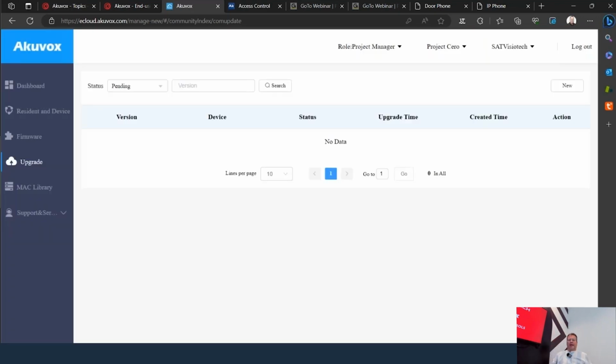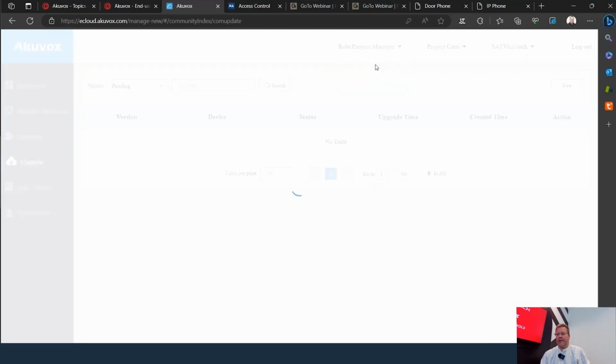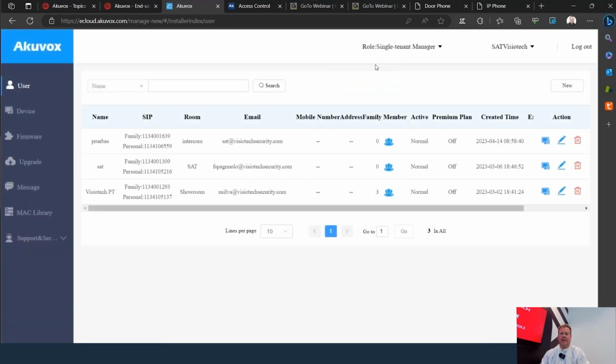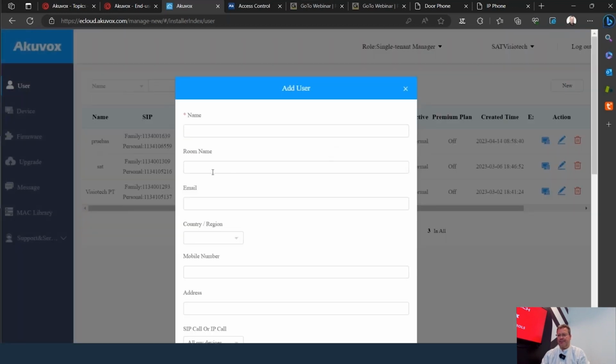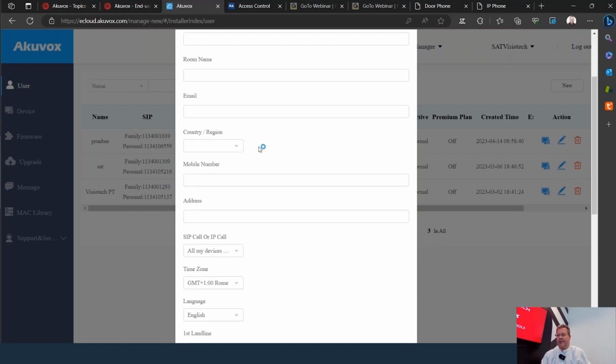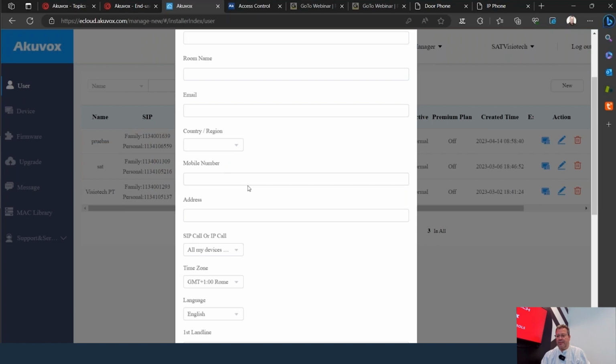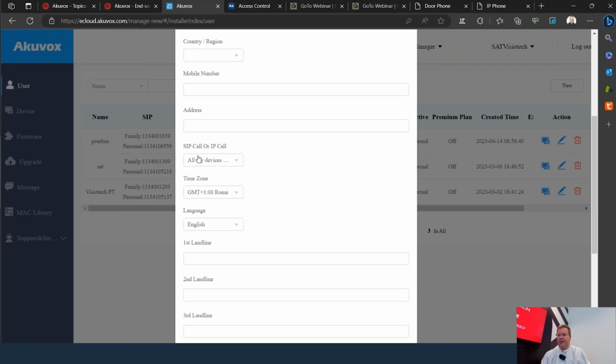Okay. So I guess I showed you everything about the multi-site. We have also the single attendant. Well, you create that over here. The single attendant is just like I created the single attendant within the multi-attendant. So you click on new, create a name, room name or house name, whatever name you want, email address, the region, mobile number, the address, and then again,